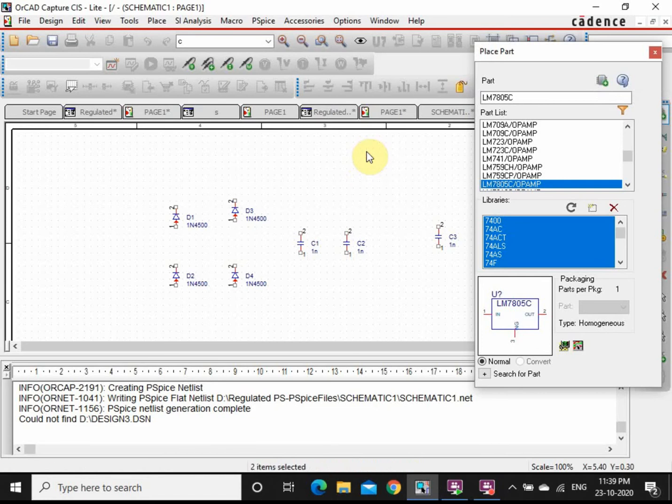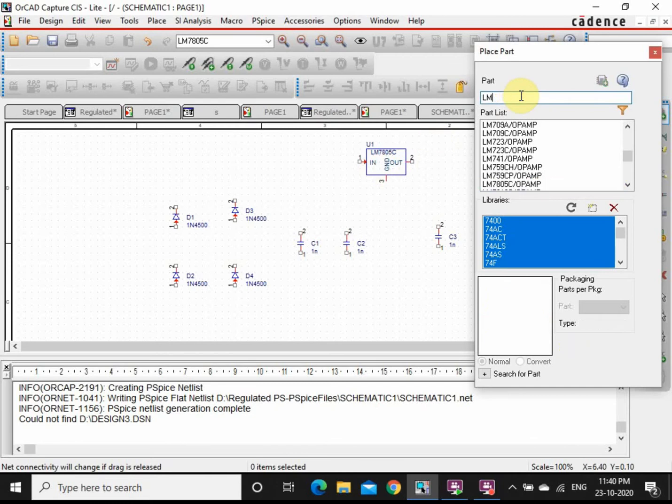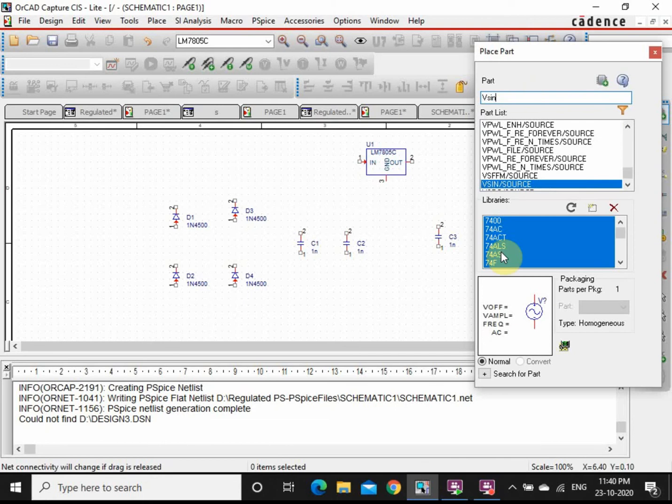Once you place it, escape, and your component has been placed. Next we want to give the input signal. Input signal is nothing but a sinusoidal waveform, V sine. We have got the V sine waveform. Place the part. Keep the capacitance, keep the input waveform. Then press escape.